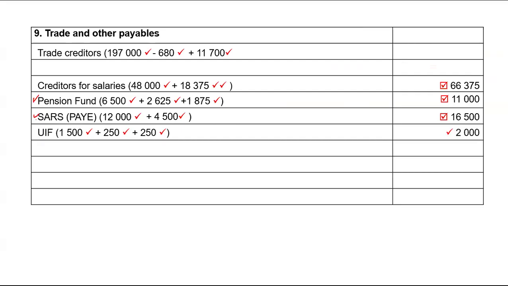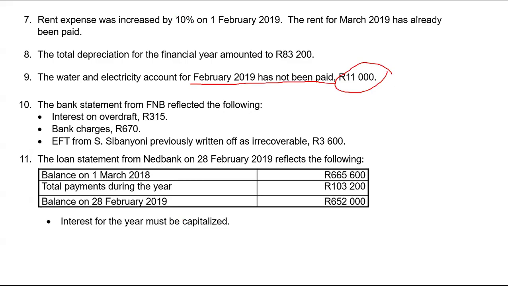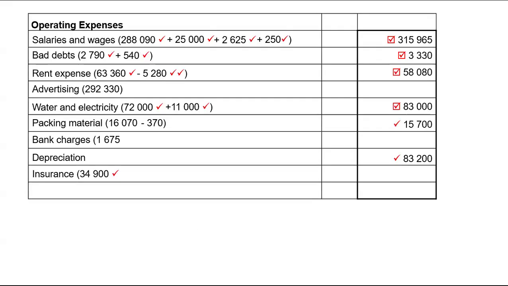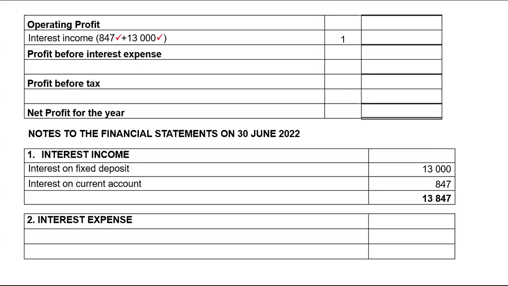And then we're going to record our accrued expense, and our accrued expense will be that 11,000 Rand. Then they say the bank statement from FNB reflected the following: interest on overdraft and bank charges. So bank charges will increase by 670. Interest on overdraft is interest expense. It'll also increase by